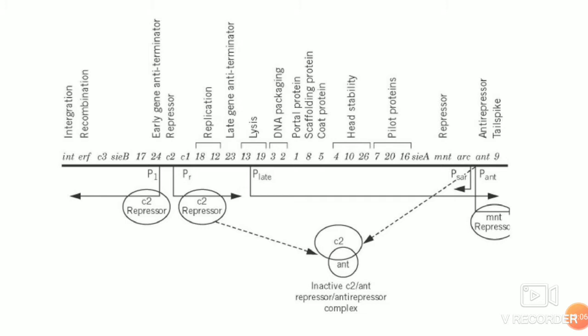We'll also cover how ANT expression is inhibited. ANT, the anti-repressor protein, is expressed from the PR promoter in the lytic cycle, along with the late genes. This anti-repressor mRNA is also expressed, but it is structurally controlled, and the proteins are not made. How that is stopped, I'll also mention. So coming to how the lysogenic cycle is established through the production of C2 and MNT repressors, we'll talk about that now.